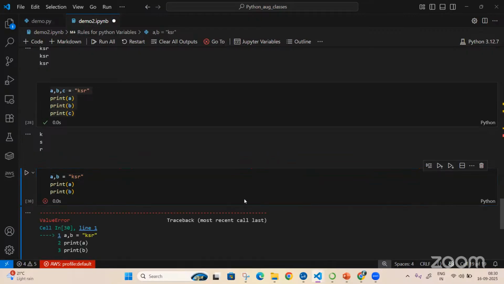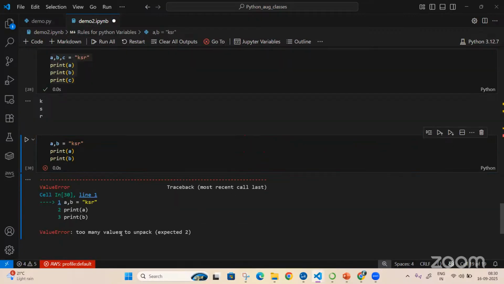When I execute this, it is giving something as too many values for unpacking. That means, since I said it is an iterable thing, it will go and look from first, second, third element, and you are giving 3 elements and you are giving 2 elements. It doesn't know what to do. So at that time, it will give an error.